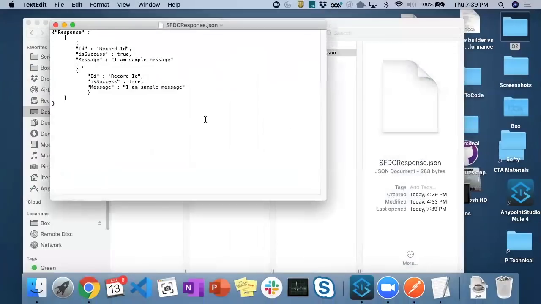Again, this I created manually. So I need a response like this. ID can be the record ID. Success can be true or false. And the message is some sample message. This is the response I want. And it can be changed. I can have a fourth value, Jitendra Ja. I can have a fifth, Amit, whatever I want. It's my choice. Okay. Not like in data loader, where I have a fixed CSV file.